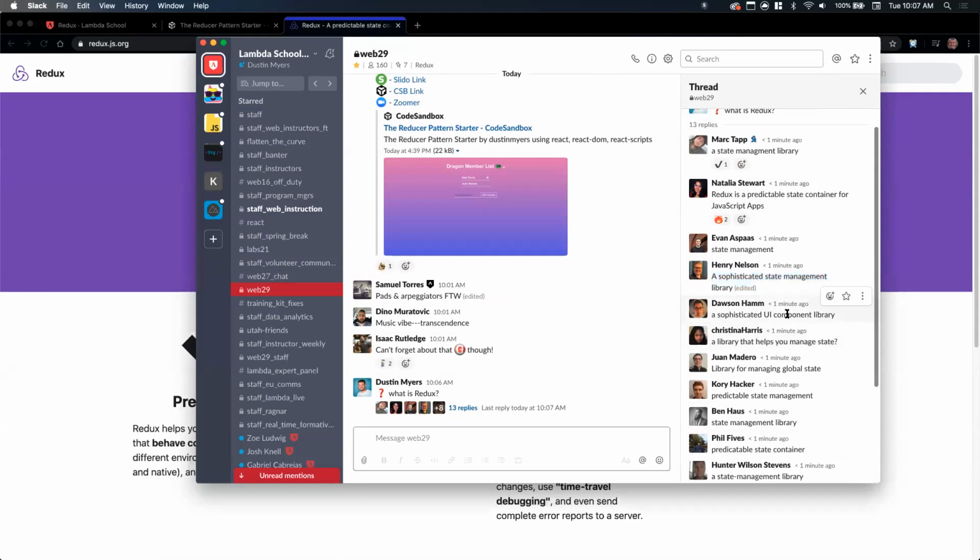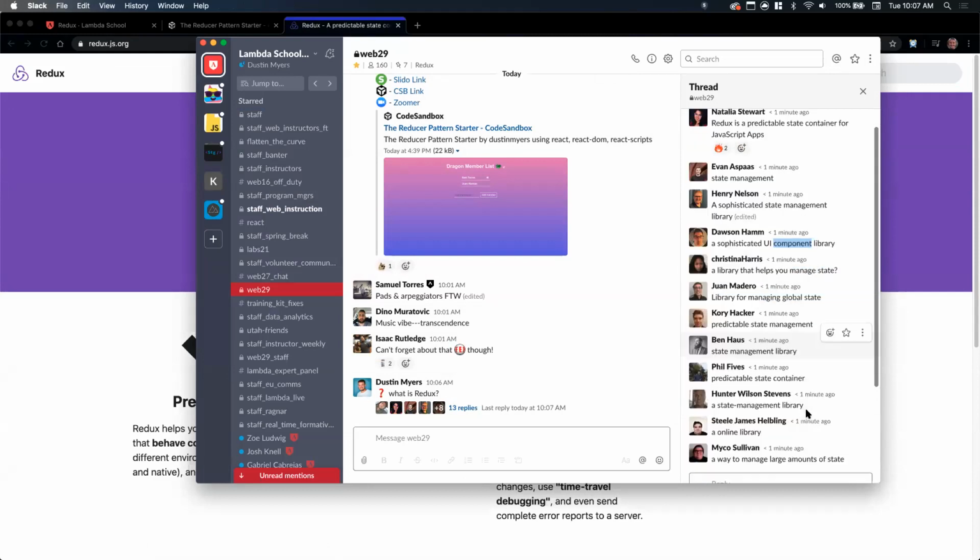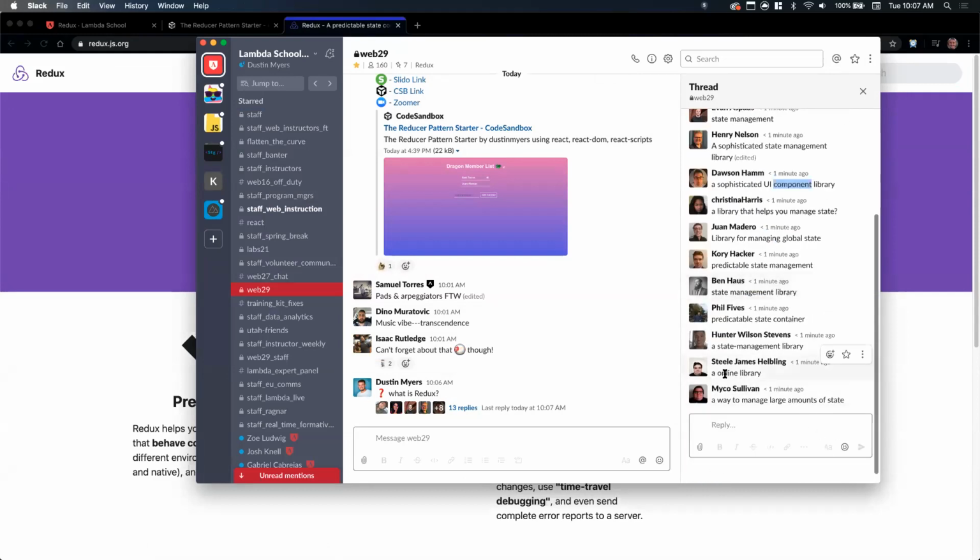It's not a component library. We don't have Redux components. It is a state management library. Awesome. We're going to get to this in the next question,